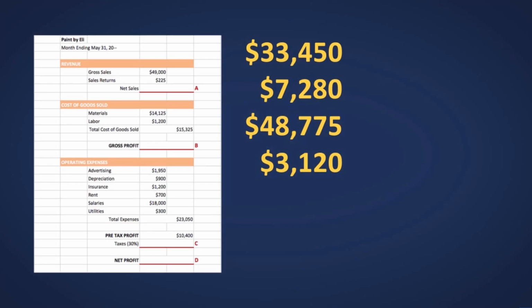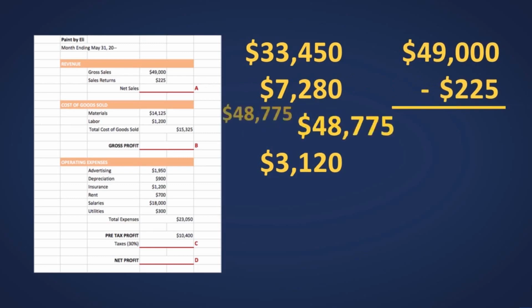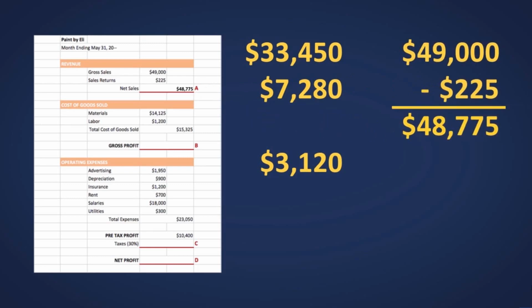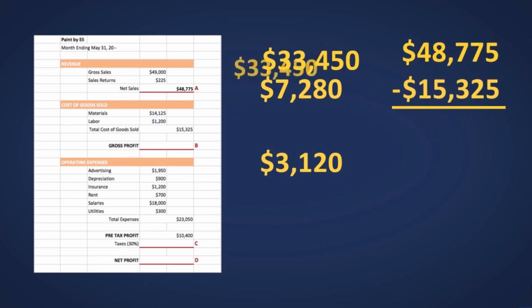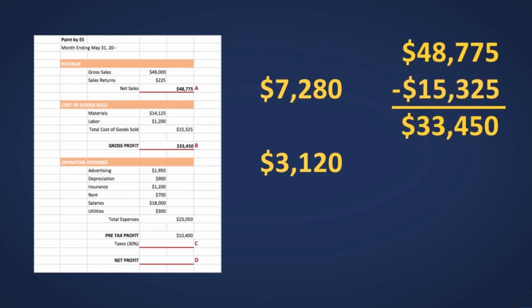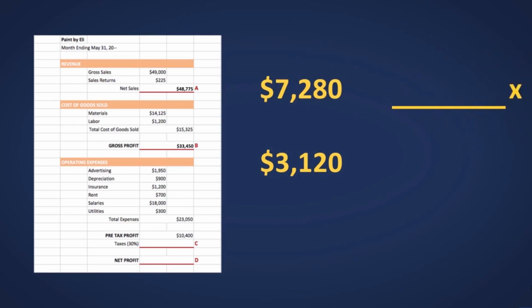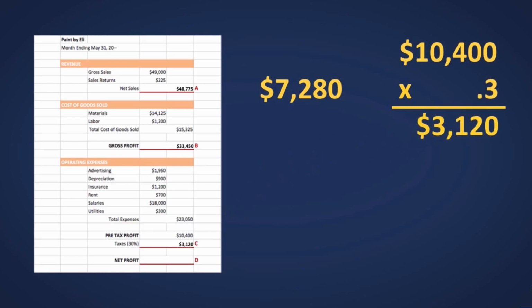One more time. Calculate the net sales. Add gross sales and sales returns for $48,775. Subtract the total cost of goods sold from the net sales to get $33,450 in gross profit. Multiply $10,400 by 0.3 to calculate the $3,120 in taxes. Finally, subtract the taxes from the pre-tax profit for a net profit of